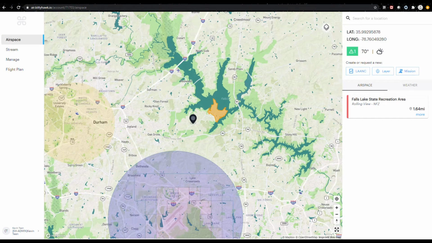Hey everyone, this is Kevin with Kittyhawk, and today I'm going to walk you through our custom airspace tool in Air Control. Now, there can be a number of reasons for utilizing custom airspace, ranging from COAs or waivers, where